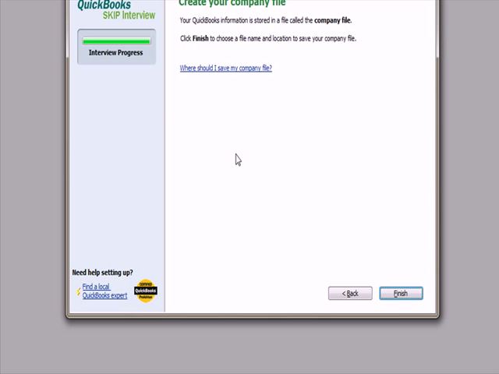It goes on to say, and you'll see that the interview process, and I did skip the interview, you still saw that green bar going across the interview process, and it's just about done. It says your QuickBooks information is stored in a file called Company File. When I click Finish, choose a file name and location to save your company file. So I'm going to hit Finish here,